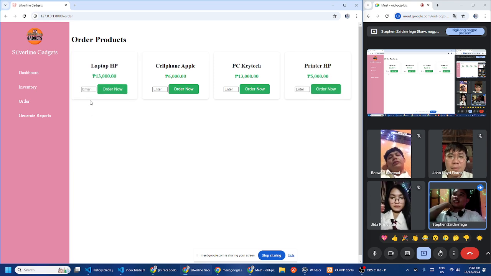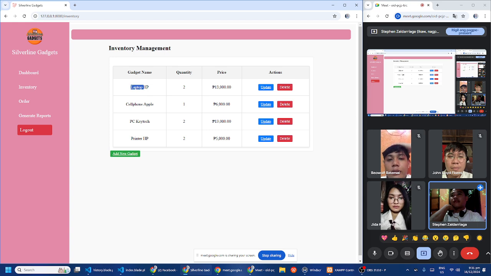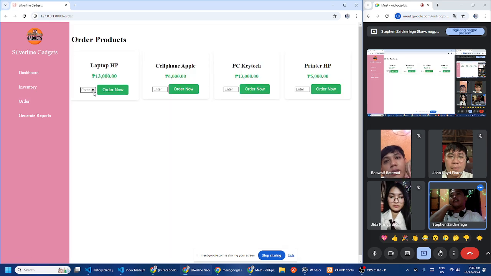For other products, about quantity, you can see quantity 2 for laptop HP. Let's go to inventory. This laptop HP, the quantity is 2. So you can see the order quantity is 2. For cell phone, same as the laptop.